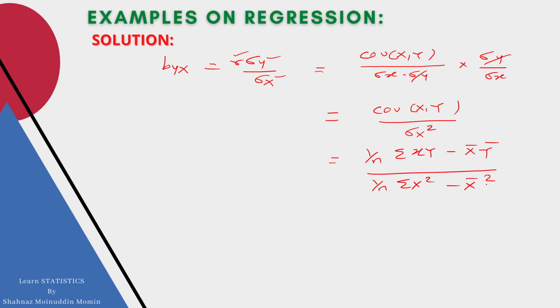All these formulas are covered in measures of dispersion and correlation. If the student wants to learn what is sigma x square, variance of x and covariance between x and y, then click on the I button at the top right corner of the screen, and the link of that lecture is also given in the description below. By substituting all the values, we get